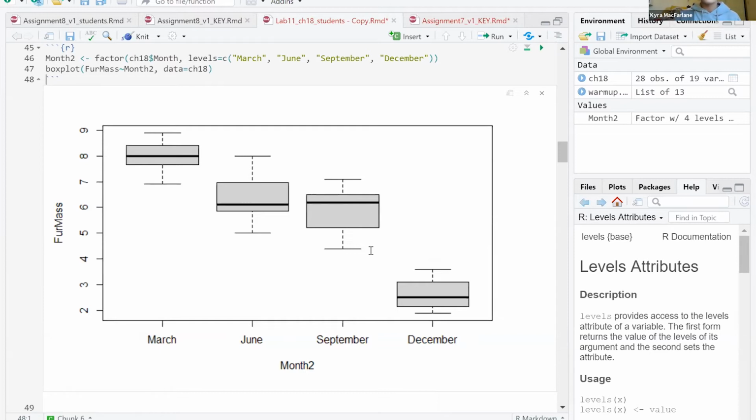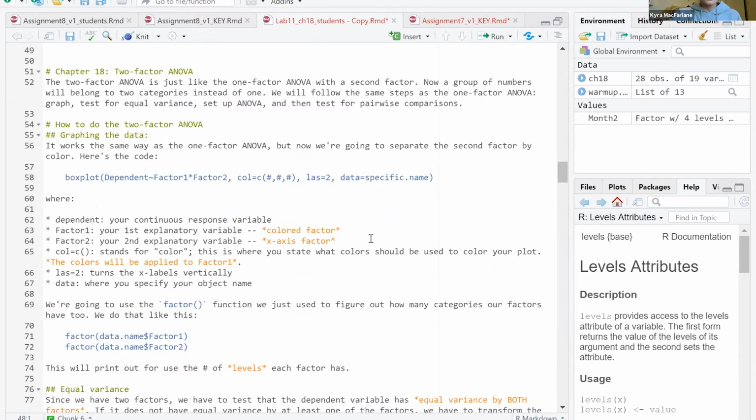So we've got the two-factor ANOVA. Graphing the data is very similar to how we've done it before, but we're adding a couple extra things to it. So we've got boxplot, our dependent variable, this little squiggly tilde, factor 1,